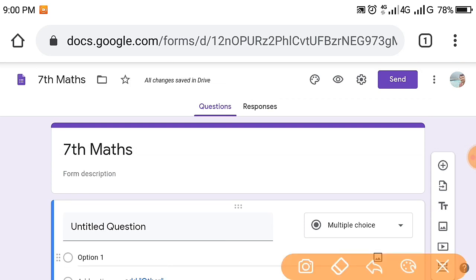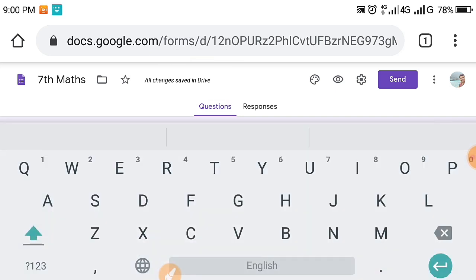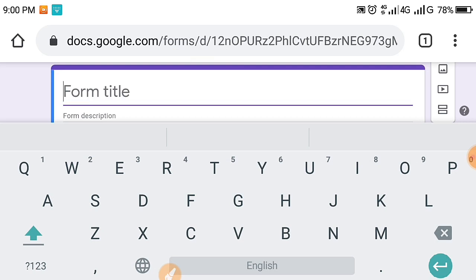You can change it, but remember here the message is coming: all changes saved in the drive, means your form is automatically saved in your Google Drive. So change the title. For example, I am writing here school name.